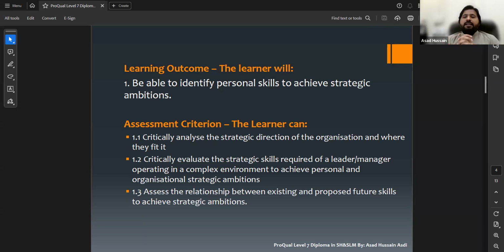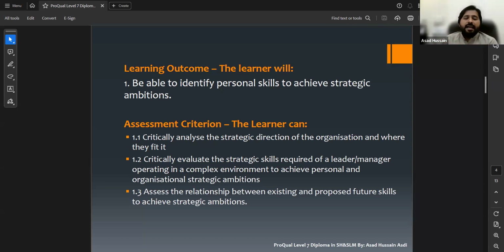A strategic manager can't become a strategic manager if he can't identify the strategic skills. So he should have a clear assessment of the strategic skills, of what is actually required. Because if he doesn't know the strategic skills, he can't improve his competence.